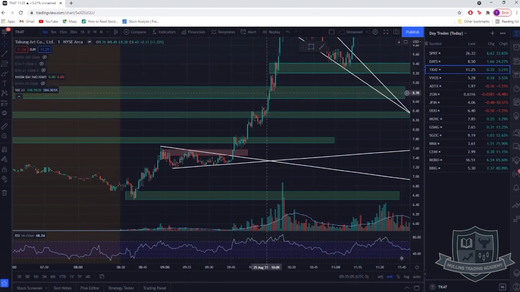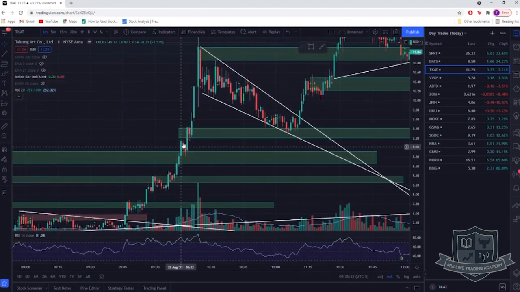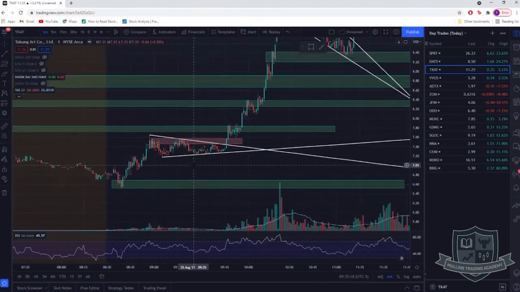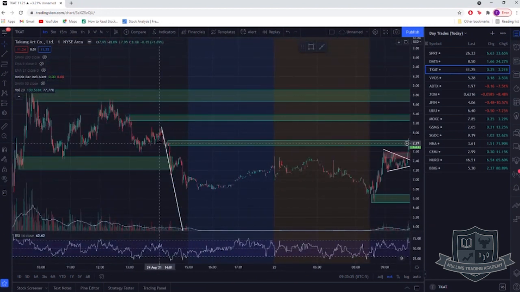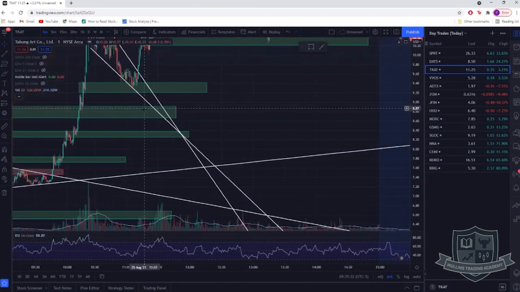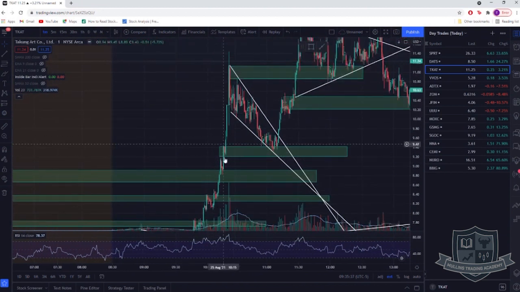Finds some struggle here. You can see by the wicks it finds a little bit of struggle here, but at this point bull momentum is really strong. Claims it, tests it, run. And so what happened with TCAT is it literally just ran roughshod through 3 zones of bear ads from the day previous, including the high of day from the day previous, and then used those supply zones as demand, and just pushed